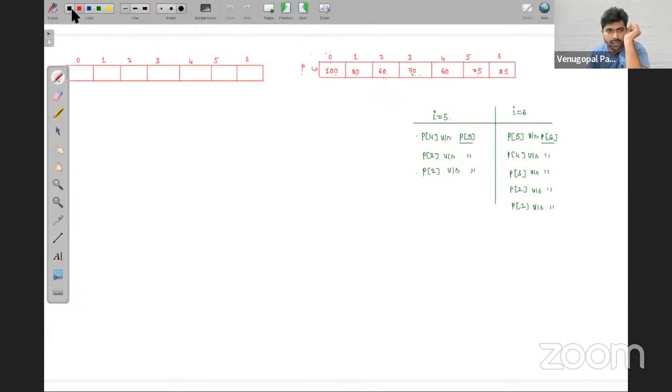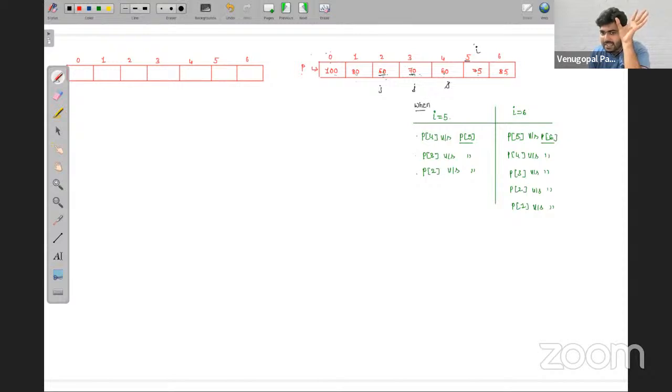I have drawn one diagram here. For example, if I is pointing to index number 5, then J we are comparing with 60 and 75. After that, 70 and 75 is also compared, then 60 and 75 is also compared, when I is at 5. Am I correct?